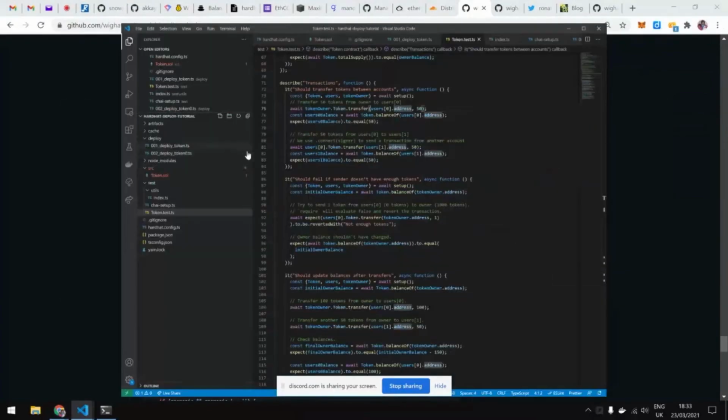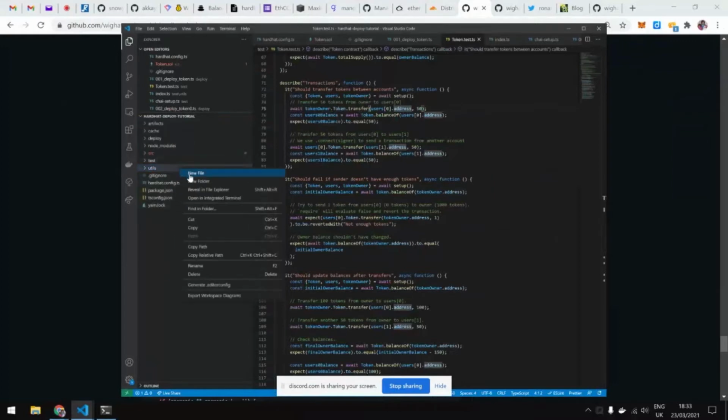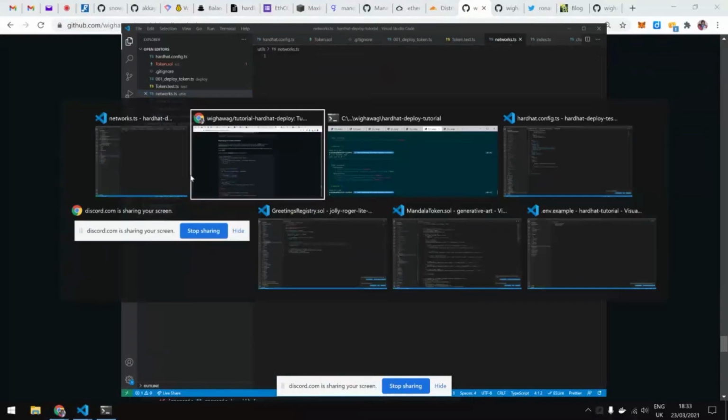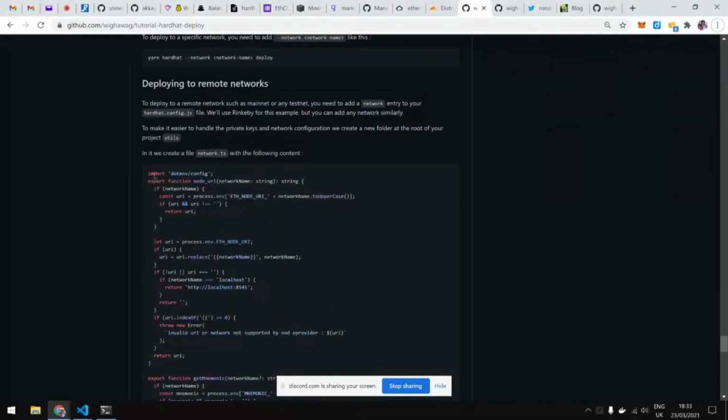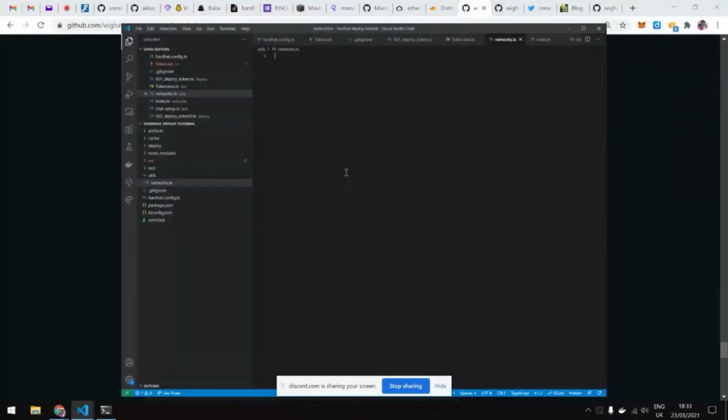Again, another utility function that I use is for the networks, for the account and the URL, to make it easy to set up a new account.